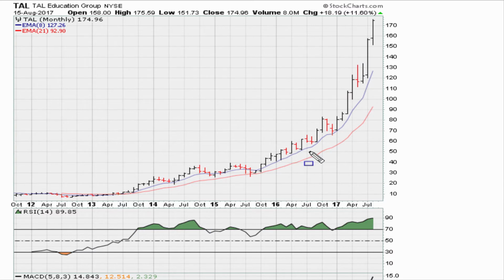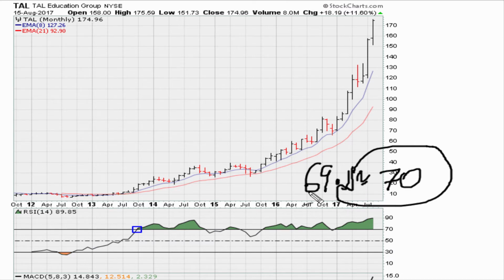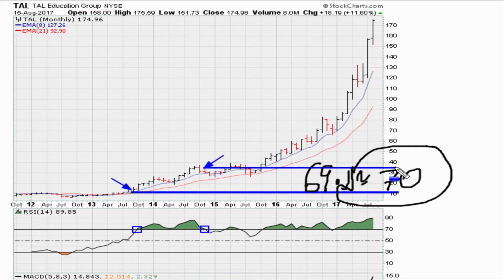Now let me clear all this stuff so we can see the price level. So entry here at 69.1, but we know we can use 70 because that's the default, but frankly it's 69.1. We stay until it moves back below. Entry here, exit here. So you move from a price, let's call it here, just over 10, and you stay in the stock until somewhere here in the mid 30s,